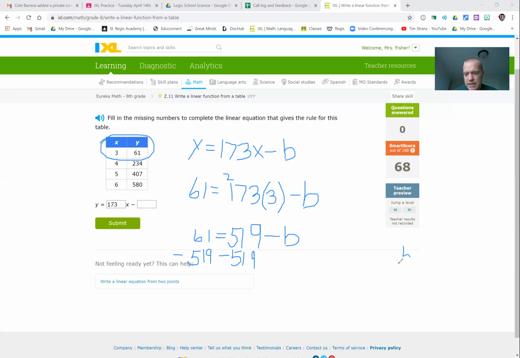So if we just do 519 minus 61, it's going to be a negative number. So 9 minus 1 is 8. Got to cancel out, make this a 4. 11 minus 6 is 5. And then 4. So negative 458. So we were left with negative 458